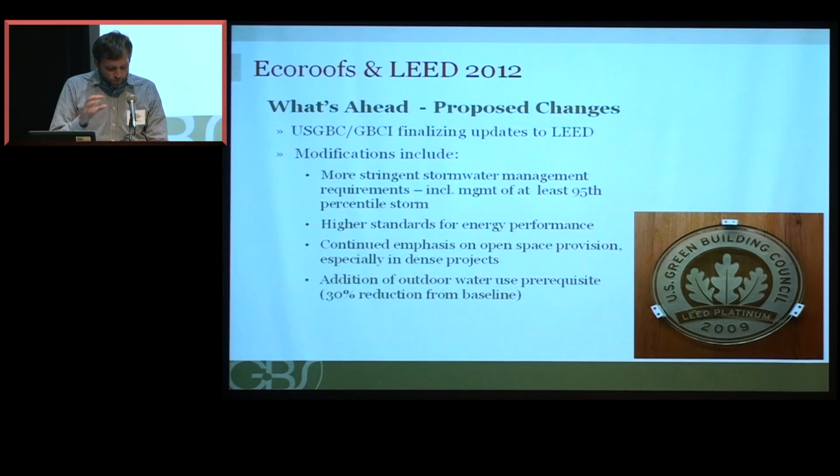So in this new version, I think there's, well, let's step back a sec. So the aim of LEED is market transformation. And one of the challenges to the aggressiveness of LEED is Living Building Challenge. And I think they've started to incorporate those more aggressive targets and will continue to utilize more aggressive targets with each round of a new rating system. So there will be, in this new version, a more stringent stormwater requirement, and so